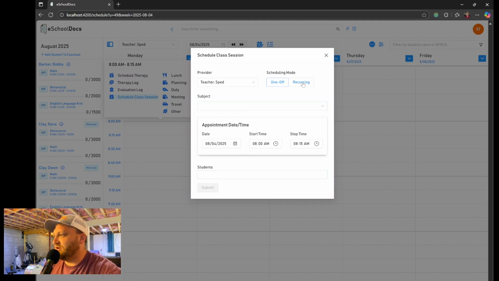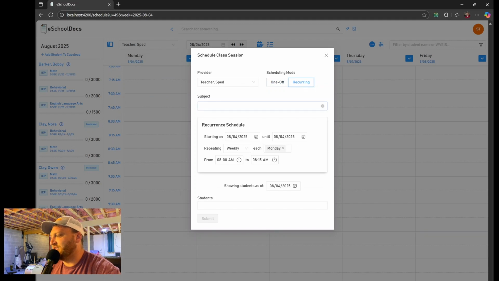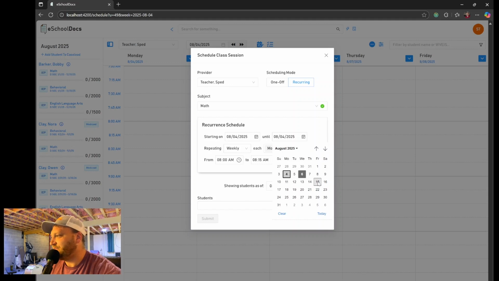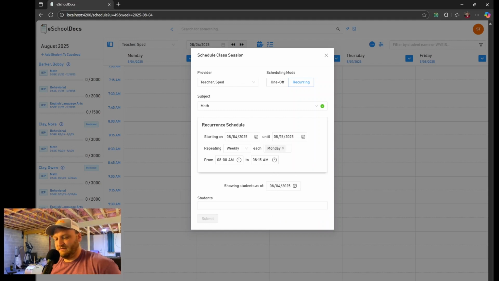In our case, for this example, we're going to do recurring, which is probably what you will want to do most of the time. And we'll set math as our subject, our recurrent schedule. We'll say that we want this to start on the 4th, which is the day that we selected. By default, the starting date and the until date are going to be the same. So you want to make sure that you change the until date to sometime in the future. You are more than welcome to do this for the entire school year all at once. For demonstration's sake, we'll just set this until the 15th. So from this Monday, August 4th, 2025, until next Friday, August 15th, 2025, we want every day from 8,